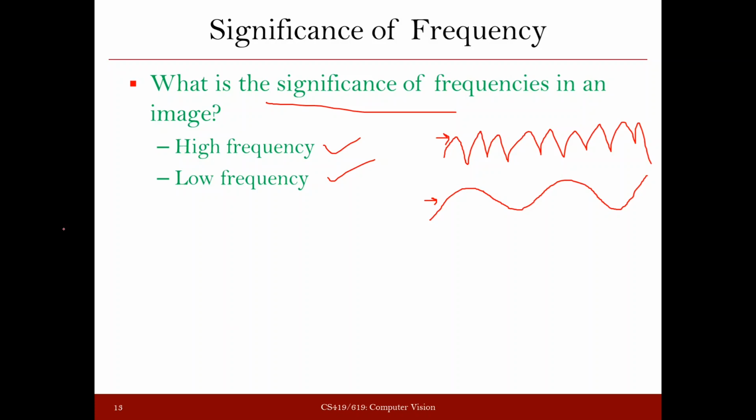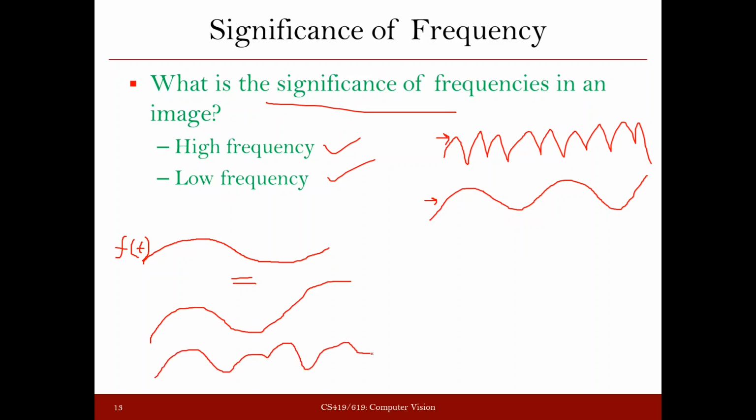Now let us say there is an original signal given to us, which is a very slowly varying signal like this, and you have to get its equivalent representation in terms of frequencies. So let's say you have to take this function f(t) to the frequency domain. When you do this, let us say it is obtained by summing these two functions, and let's assume they are sine waves.